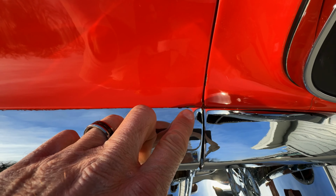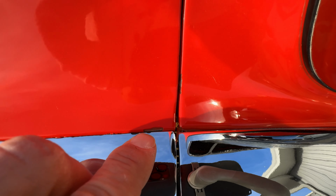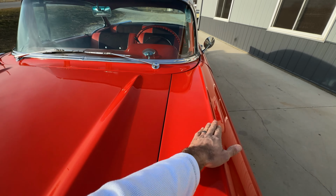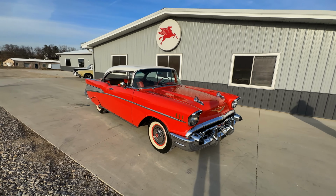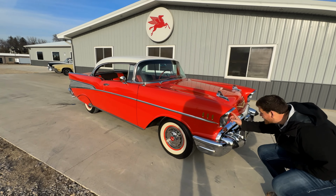Okay. If we're gonna pick anything apart, we gotta get so close. We got a tiny little chip there. Two little chips on that hood. But really nice gap throughout. Just gorgeous. Back of the hood lines up beautiful as well. If you're looking for a red 57 Chevy and you don't mind a red and black interior like this one, then I'll tell you what, I think this will...